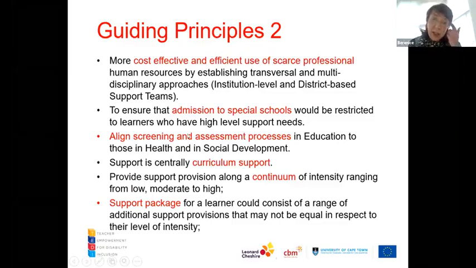We have to align our screening and assessment processes to those in health and social development. Another exciting development at the moment, we're working with a doctor from Red Cross Hospital, because they would often refer to us and wouldn't know whether the child got placed.